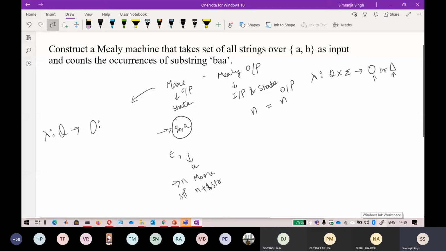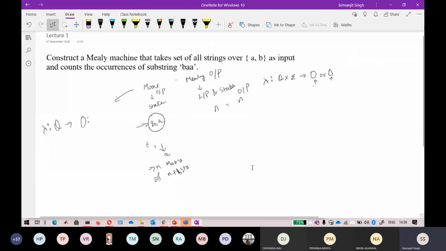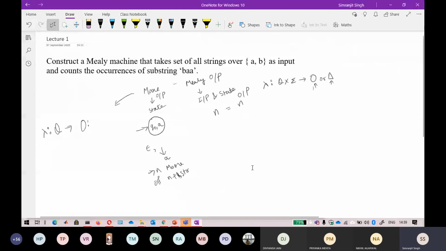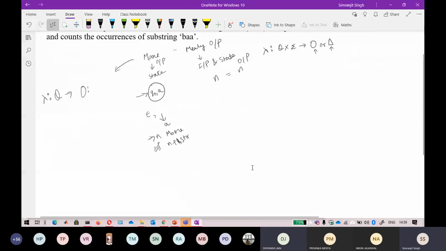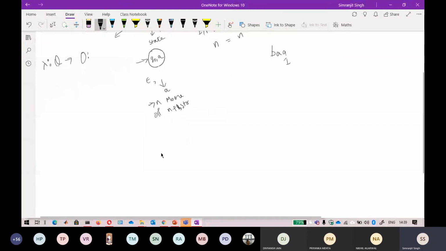I think Priya has the answer. Yes, that is absolutely correct by Priya. Again, if you remember how to construct a Moore machine, it is one and the same thing. You just have to take care that the output should be alongside the input here. I just want the occurrence of BAA; wherever there is an occurrence of BA, I should get an output of 1 here. So again, go for the same automata if you remember how to do this.